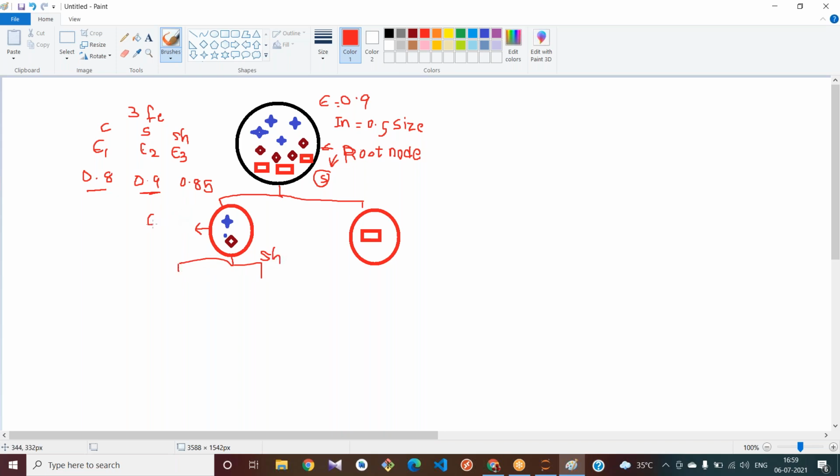Here your entropy is decreased. Starting you had 0.9 and here your uncertainty has somewhat decreased. And how is your information gain here? Your information gain will be more. Previously we got information gain as 0.5. Now think that we got 0.6 here. Okay, 0.6. And based on the shape, now it tries to classify your data.